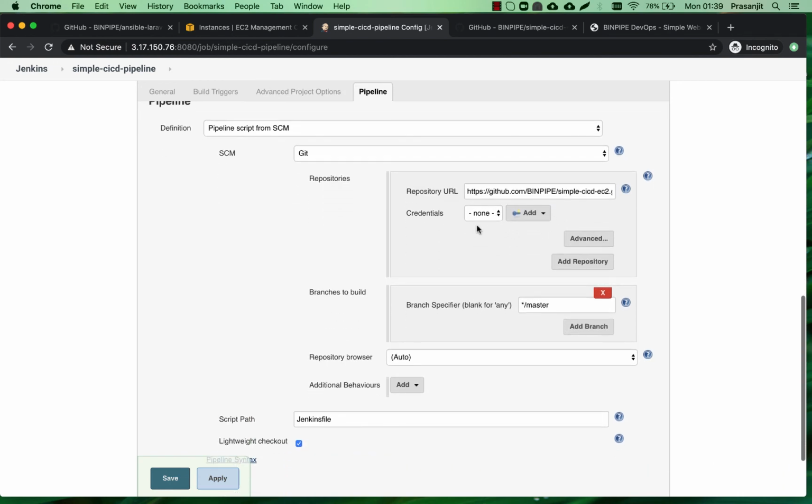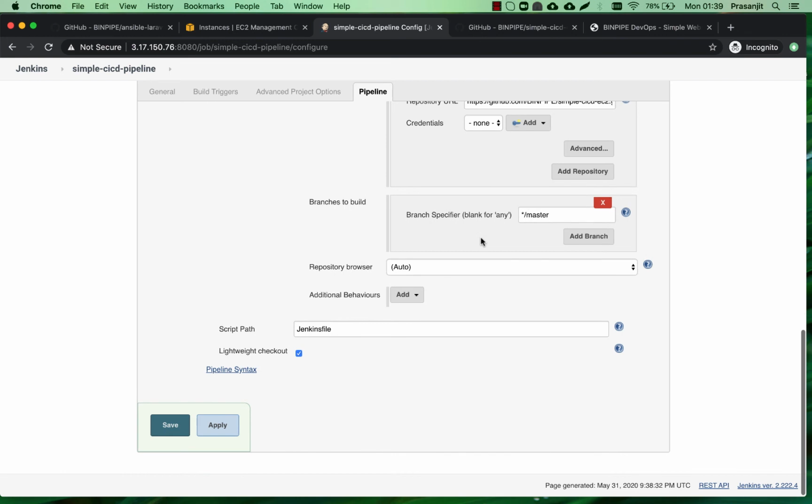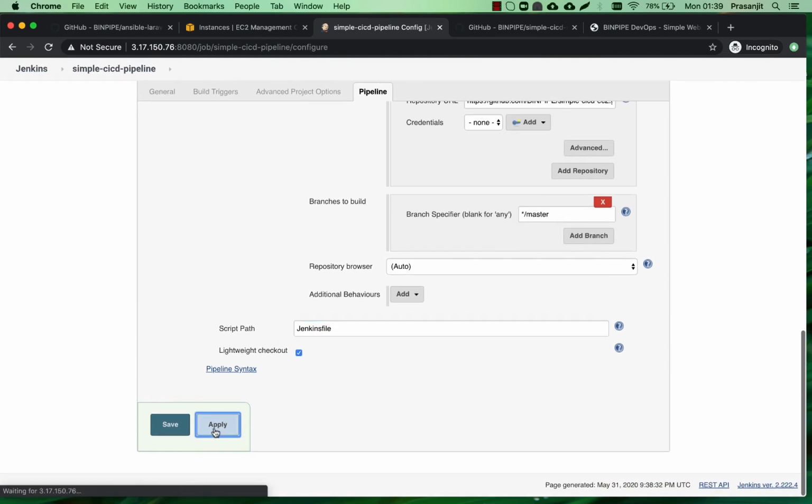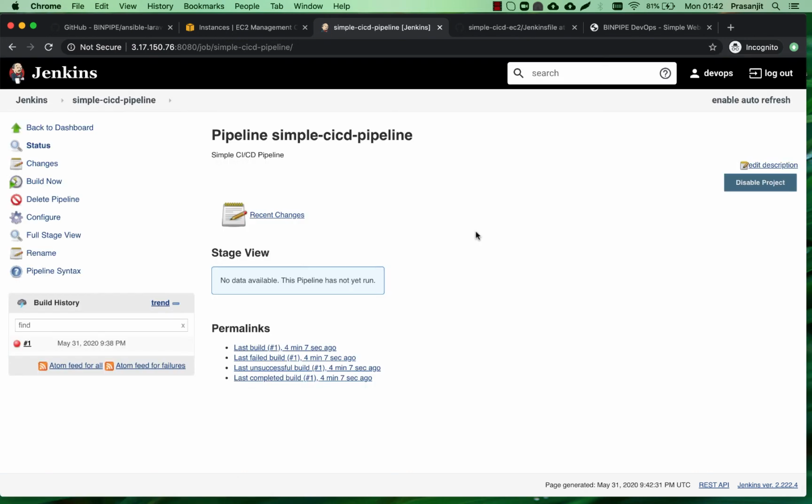It's a public repo, so we don't have any credentials here, and the file name is Jenkins file where the script is. So you can refer to the previous videos on CI/CD and how to do a scripted pipeline and declarative pipeline. So we have already covered that. So we are doing the same thing here just to see whether it can run an Ansible script as well or not. Alright, so now we are going to build this again, and then we'll see